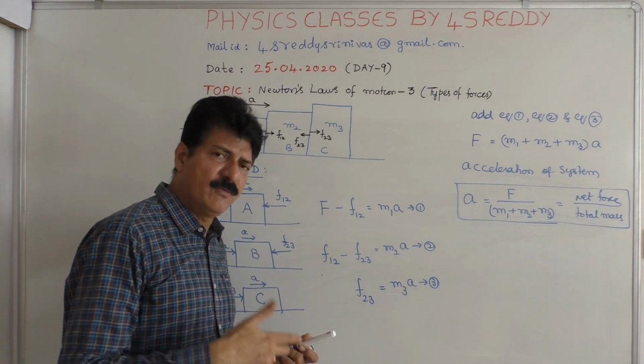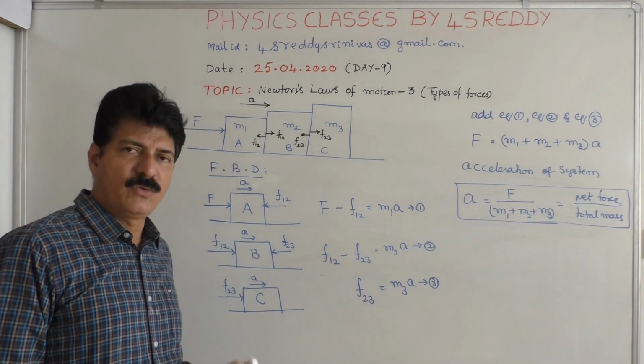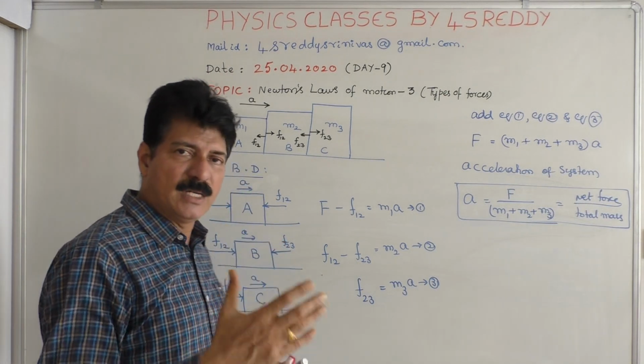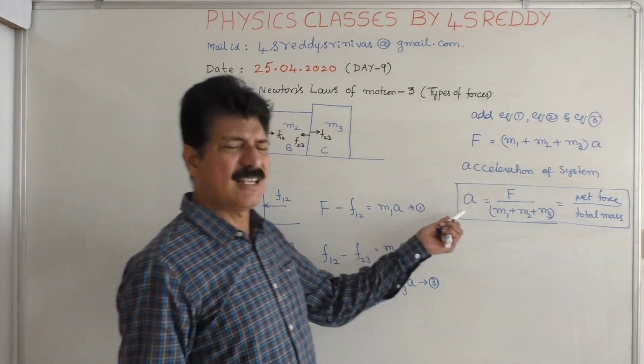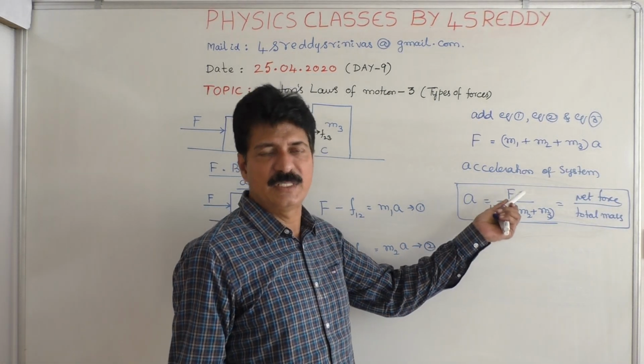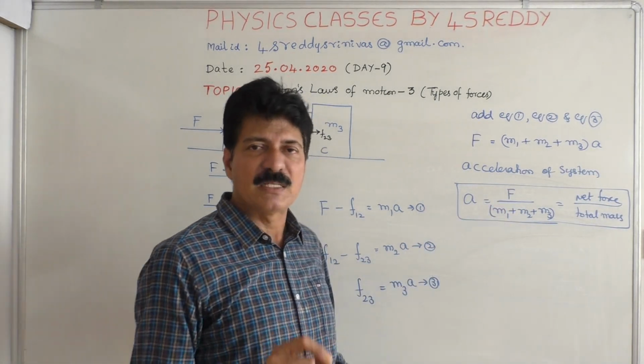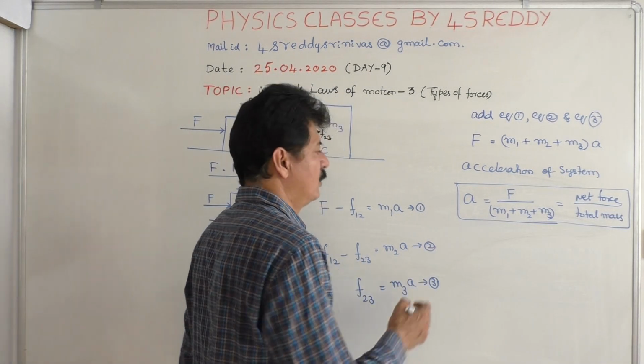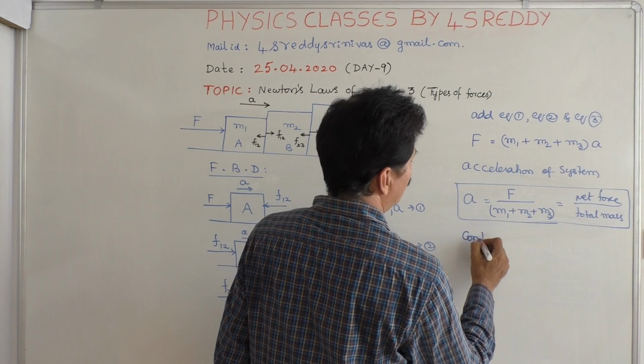This is applicable even for 10 or 20 or n blocks also. Suppose n blocks of masses M1, M2, M3 up to Mn are connected, the acceleration is directly given as the net force F by the total mass M1 plus M2 plus M3 up to Mn. Like that we can directly calculate. Now, the contact force